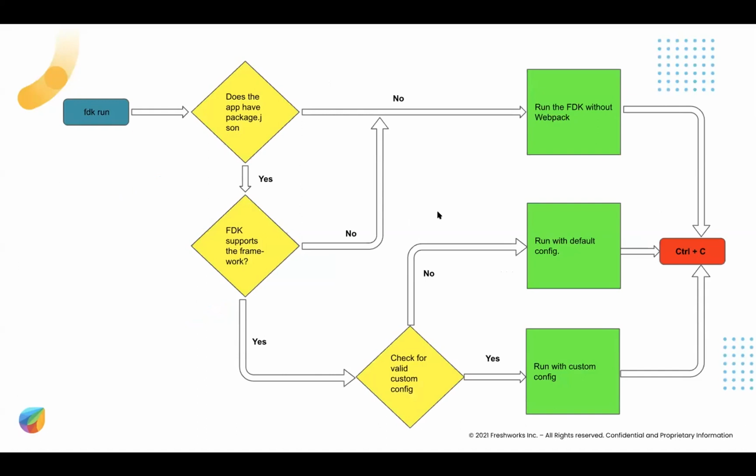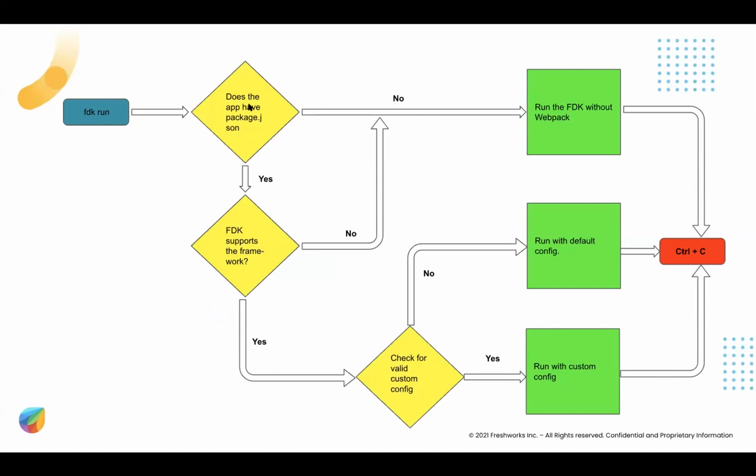So here's a diagrammatic representation of how the FDK processes your front-end framework application. As soon as you trigger FDK run, your FDK will look for a package.json in your app folder. If there is no package.json in the app folder, your FDK will consider your app as a regular or vanilla JavaScript app and run without interference of Webpack.